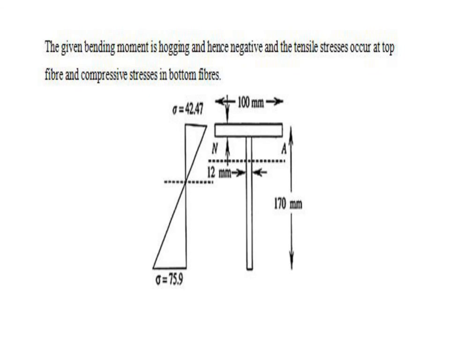After finding this, the bending moment is hogging, hence tensile stress occurs at the top fiber and compressive stress in the bottom fiber. Now mark the bending stress at the bottom fiber and top fiber. This is the dimension of the T section. Flange 100 into 20 and web 1